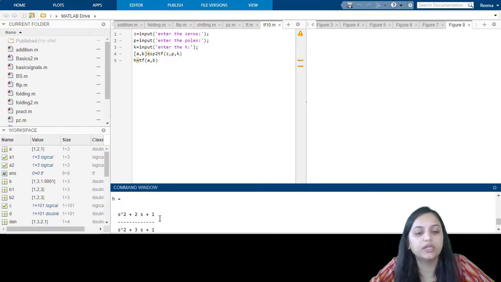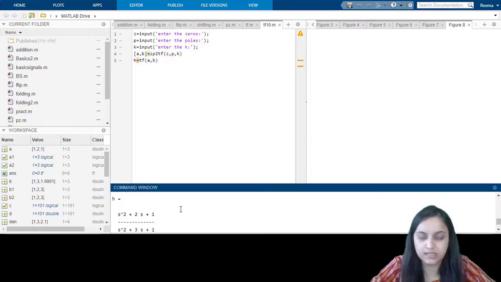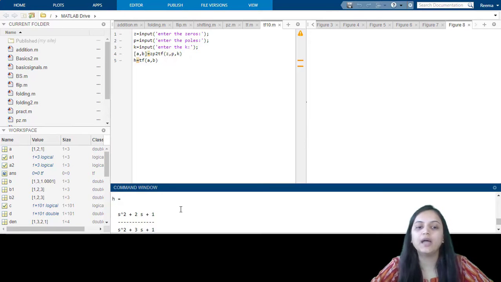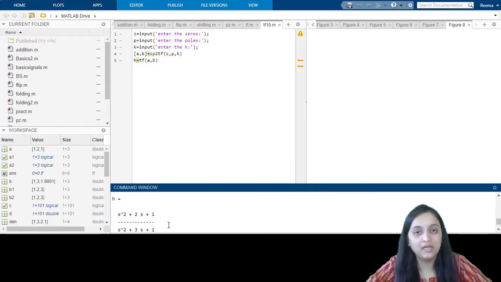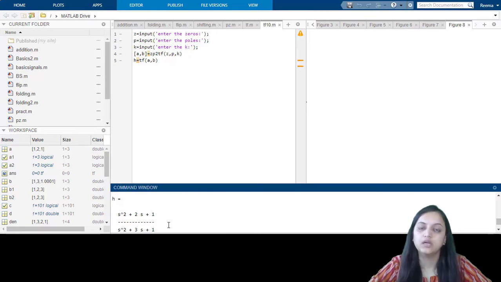So this is how you can perform the MATLAB code of finding the transfer function using poles and zeros entered by the user. I hope that this small and compact code is clear to you now. This makes the procedure easier.